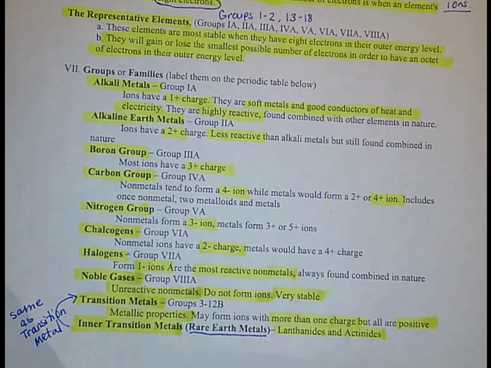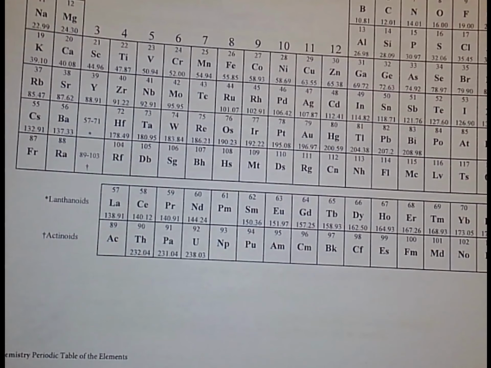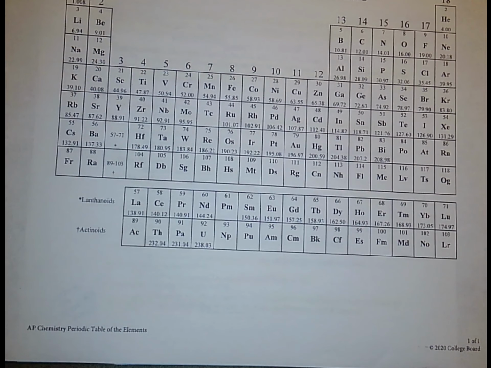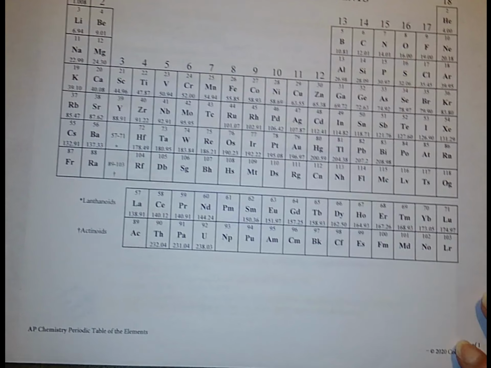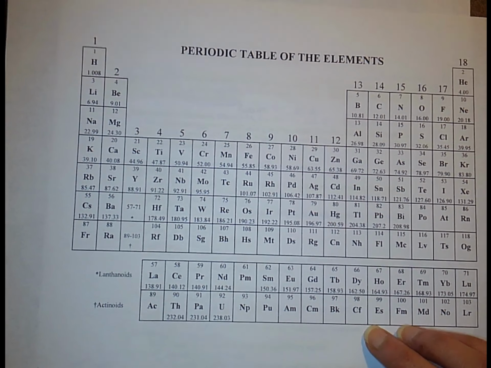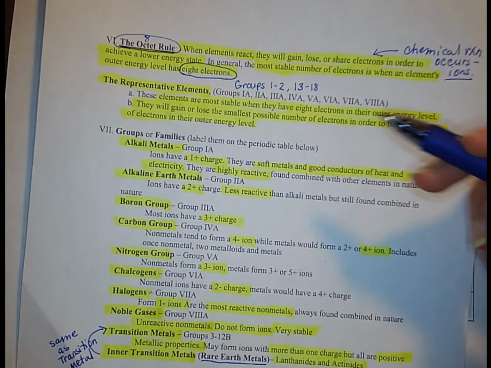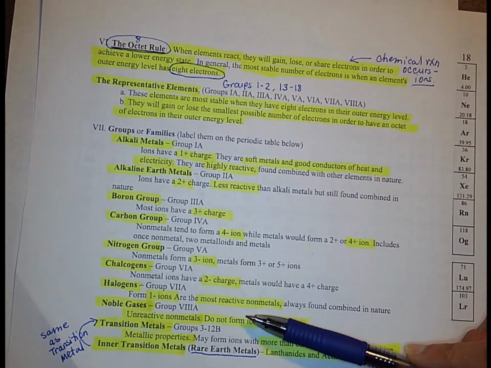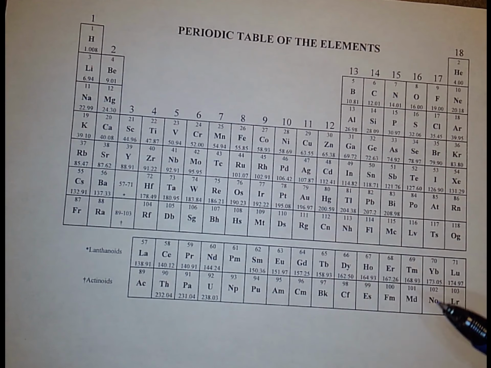So going back to your periodic table, let me fix it a little bit. We're going to mark up this periodic table for you guys. We're going to write all of the charges down, where each of the groups is, what the name is of the group, and for your valence electrons. So make sure that you guys are able to,